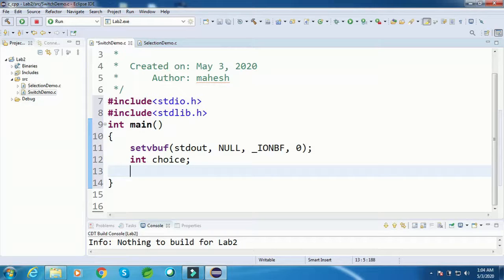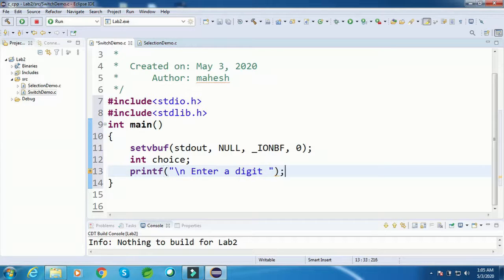Basically I am going to read a number from the user and print the word for that particular number. I am going to ask the user with printf and say \n enter a digit.